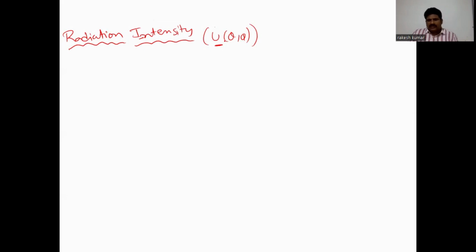Radiation intensity is defined as power per unit solid angle. Already we have discussed what is meant by solid angle and what is meant by plane angle. The other definition of the radiation intensity is: the radiation intensity of an antenna is the radial component